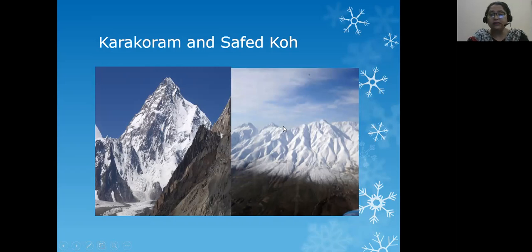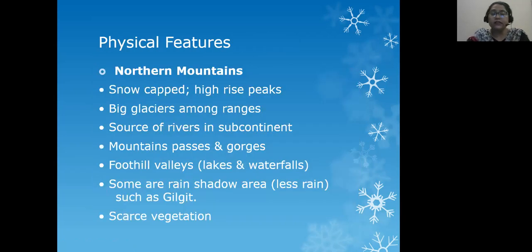Whereas in the Safed Ko, it's quite gentle, less slopey, uneven, and you cannot see sharp peaks over here. They are more rugged, both of them are rugged and covered with snow. Physical features.